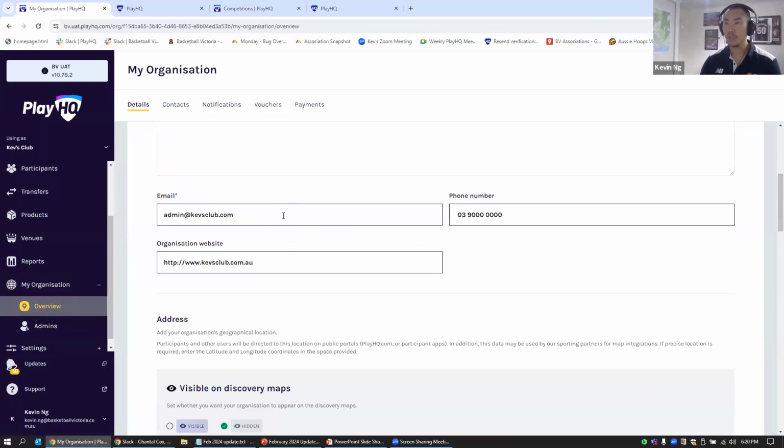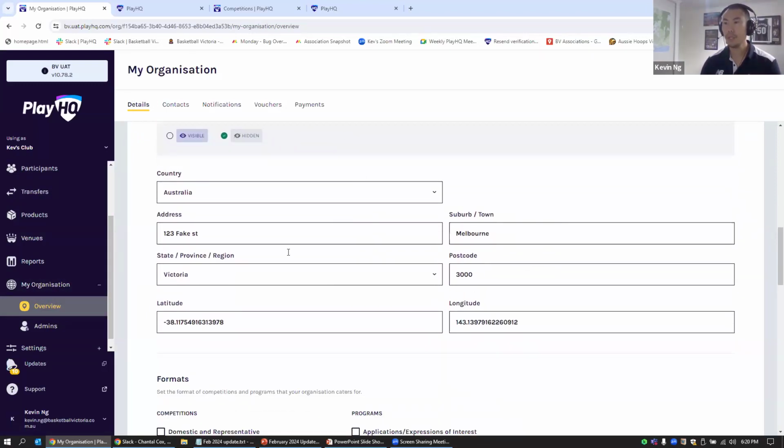Over here, you've got the general inquiries line for your club. Okay, so it's important to make sure that they're accurate because they're displayed at the bottom of your PlayHQ page for members and prospective members to get in contact with you. The address of your club, if you have one, if not, you can leave it blank. But the lats and longs, really important to put them in. You can go to Google Maps, find your geographic center or your home base, right click and pop in your lats and longs, and that ties in with